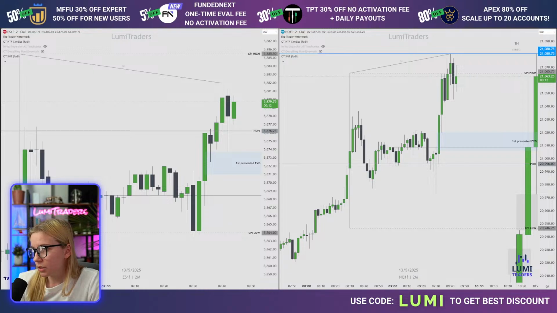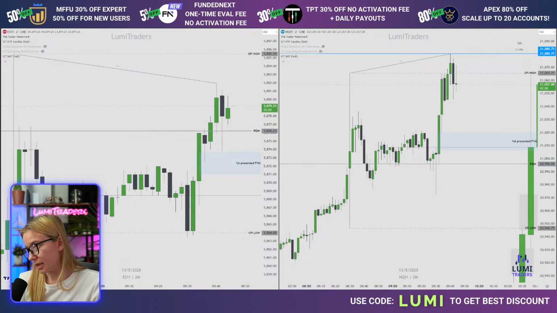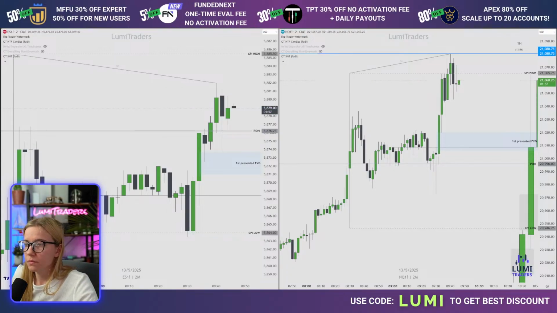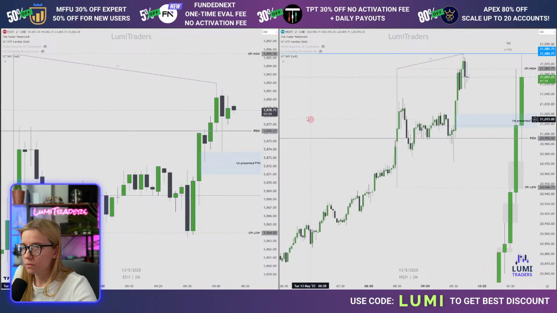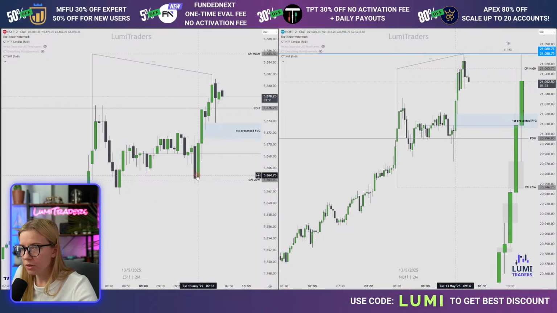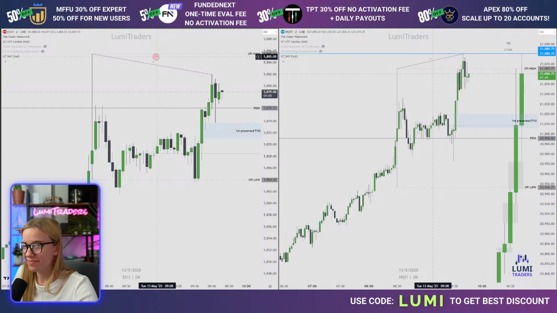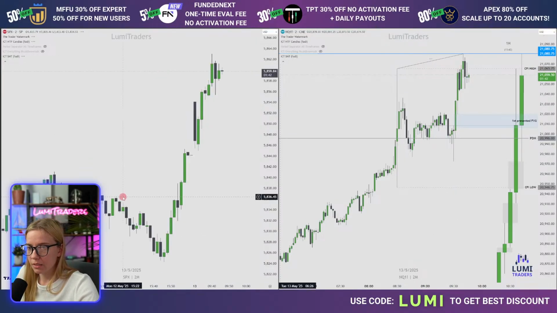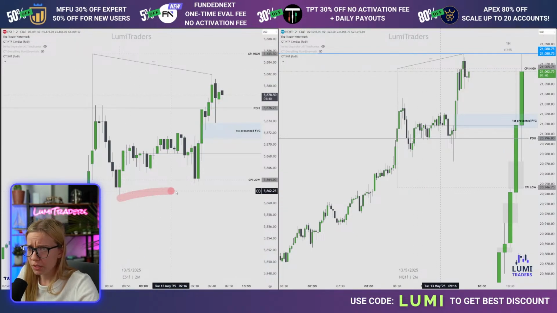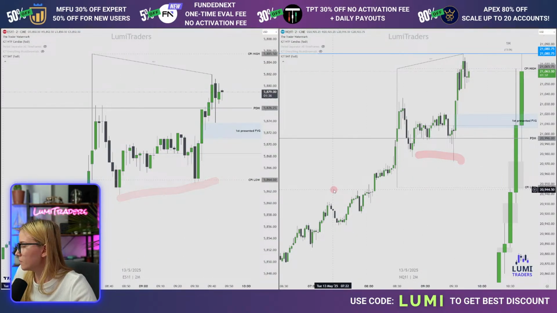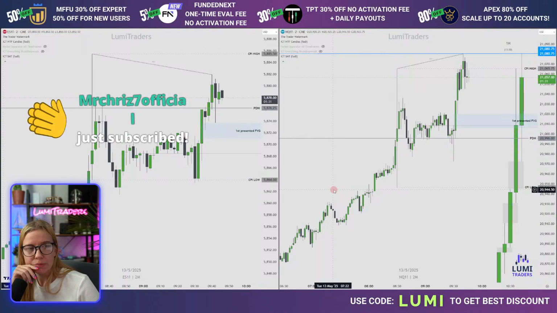You said should be silver bullet continuation. Depends what we can do before 10. What will happen before 10? We still have room, like 14 minutes left. So it's still lots of time, right? Interesting to see CPI low taken on ES, failed on NQ. CPI high taken on NQ, failed on ES. Oops. So we have SMT. The question is if we can take CPI high on ES, because it's going to be the best scenario for me.